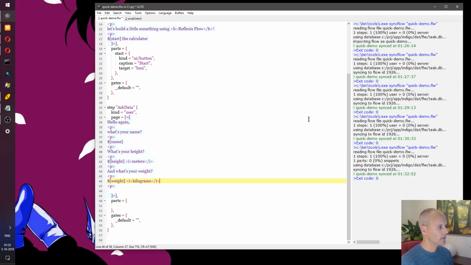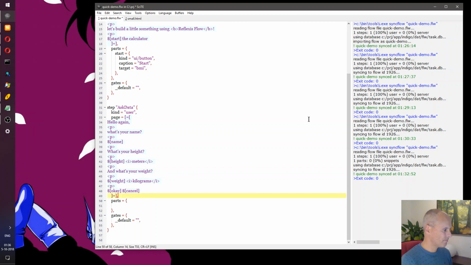So we've pretty much asked for all the bits and pieces that we need. So at this point, it'd be nice to have something like two buttons, OK and cancel. And then we need to define the various parts.